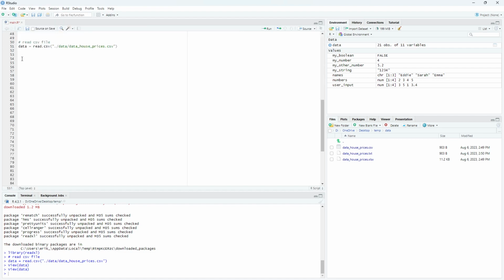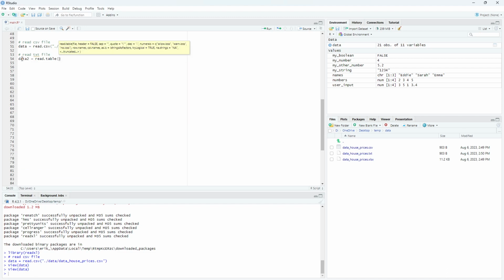So here we can read a text file and we can just do like data 2 equals